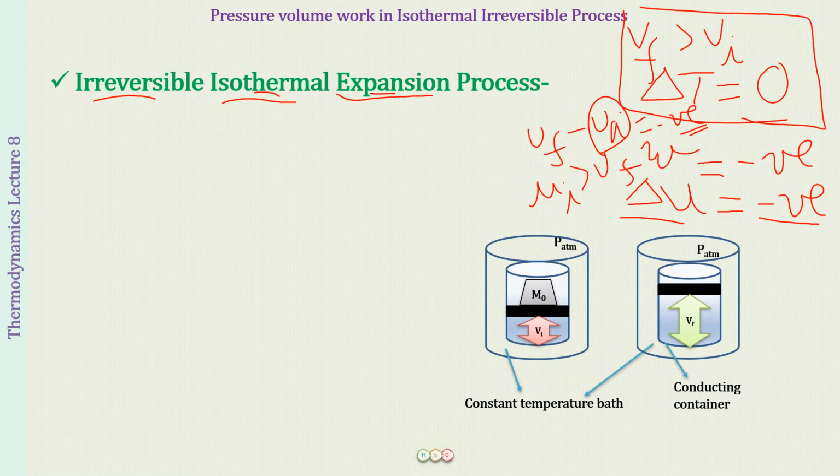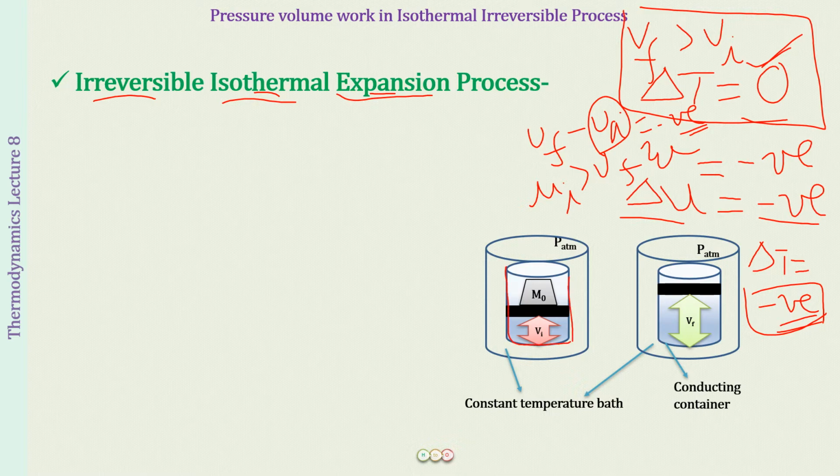Whenever the internal energy of the system decreases, the delta T is going to be negative. The temperature of the system at the final state is going to be less than the temperature at the initial state. But here, what do we require? Well, we require the temperature to remain constant. We do not want it to be decreasing. So what do we do? Well, we make the vessel's walls conducting.